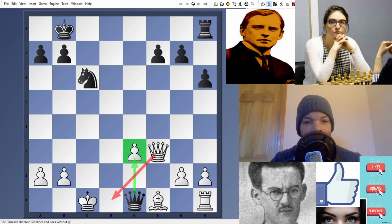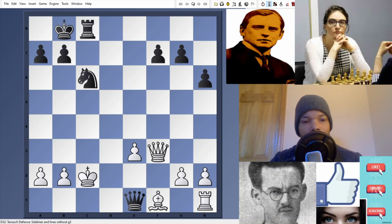Queen e1 check, and this is why the knight was eliminated. And the reason why I have everything highlighted here is because I want to show you that white cannot defend with queen d1 because the pawn on e3 will drop. So king c2, rook c8, again more threats,